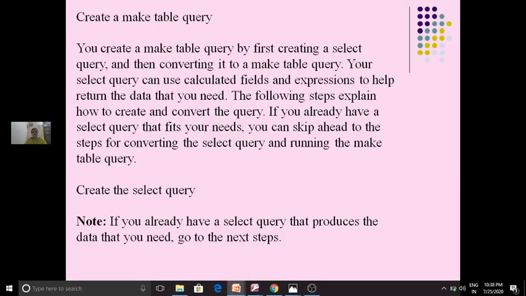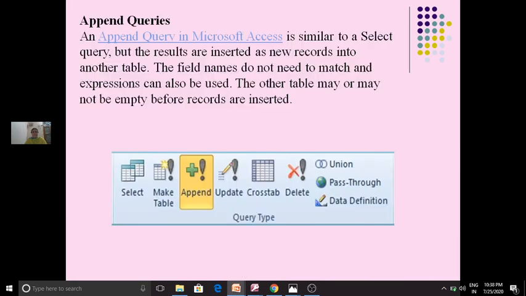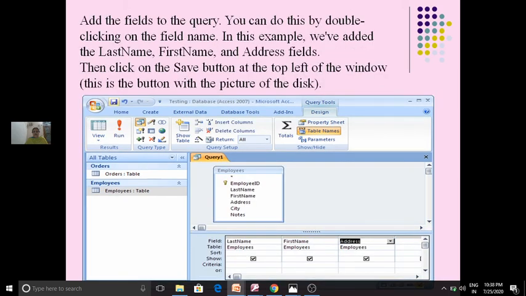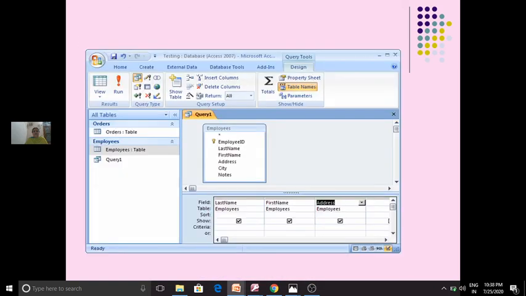Then we have seen how to create queries, the different methods of creating different types of queries in MS Access. Query design method: I've shown you the steps and also practically shared the application creating the query.